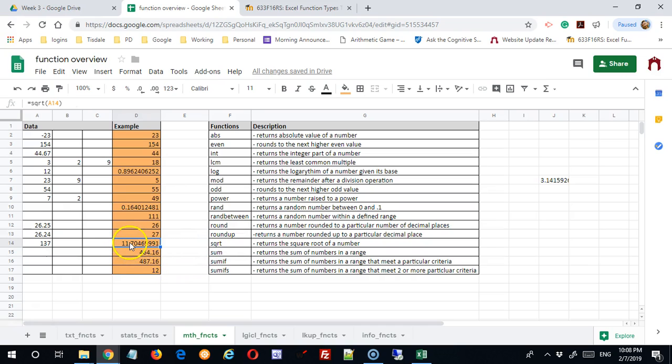Okay, square root is pretty self-evident. Use this function and put the value in the center, it will give you the square root. So the square root of 137 is 11.704, etc., etc. Okay, the sum function. I simply put sum and selected all the values in this column, and it gave me a sum of